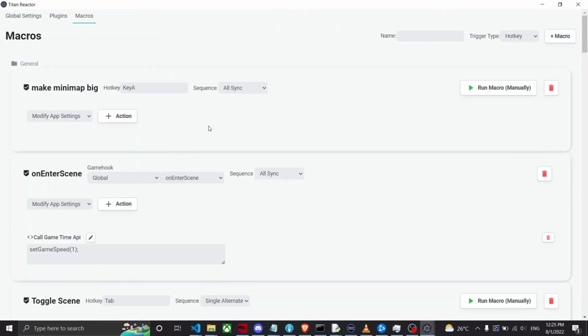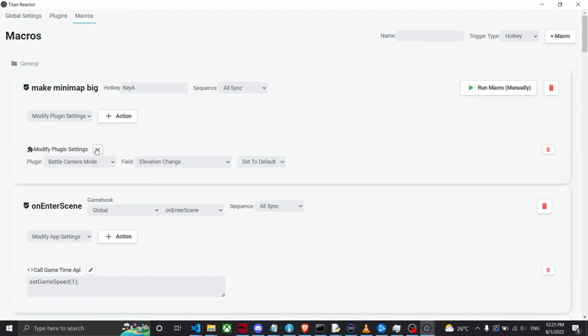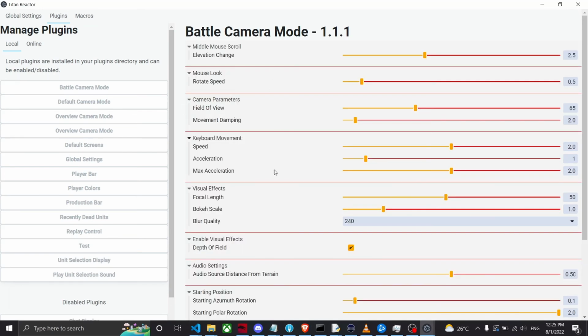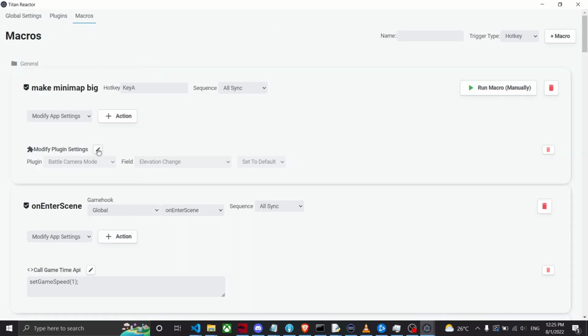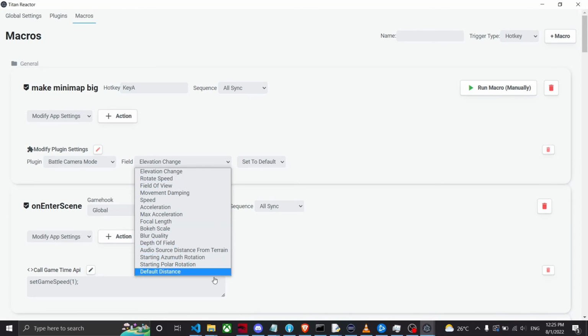I'm deleting the action there. I'm going back to refresh the page. Going to go to modify plugin settings. So here you can modify any value on any plugin dynamically through a macro. Here we're going to just choose something. I think it's